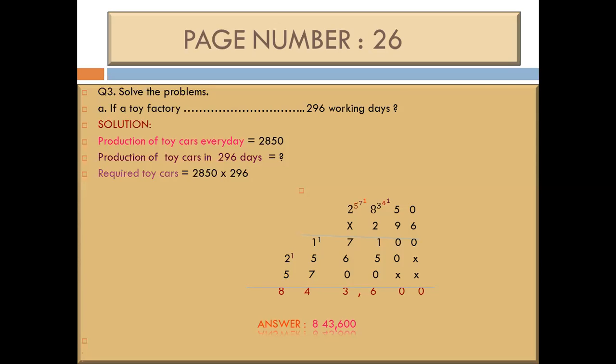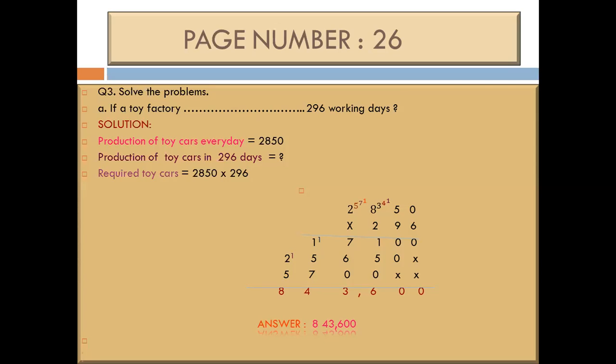Now is the turn of the 100 place number, which is 2. So I write 2 crosses there on the ones place and on the tens place. 2 zeros are 0, 2 fives are 10, we carry 1 on 8, 2 eights are 16 and 1, 17, we carry 1 on 2, 2 twos are 4 and 1, 5. Now multiplication is completed. What is left there? Now we add the numbers for the required answer. 0, 0. On the tens place, 5 plus 1, 6.